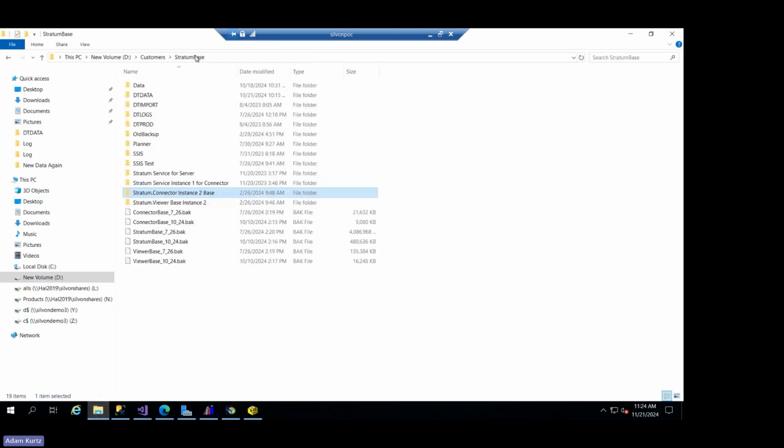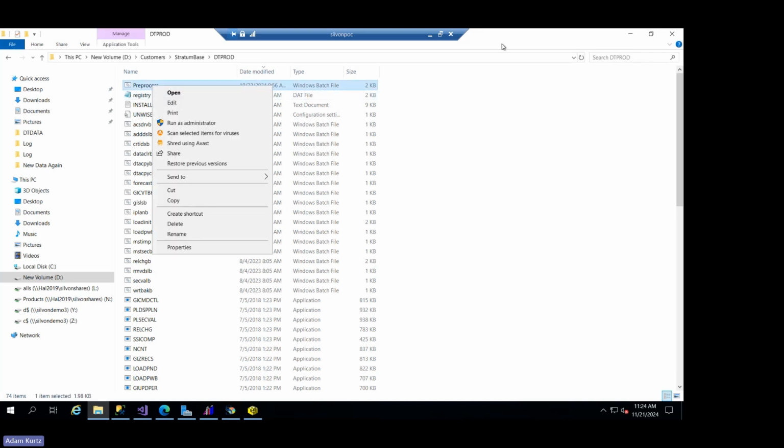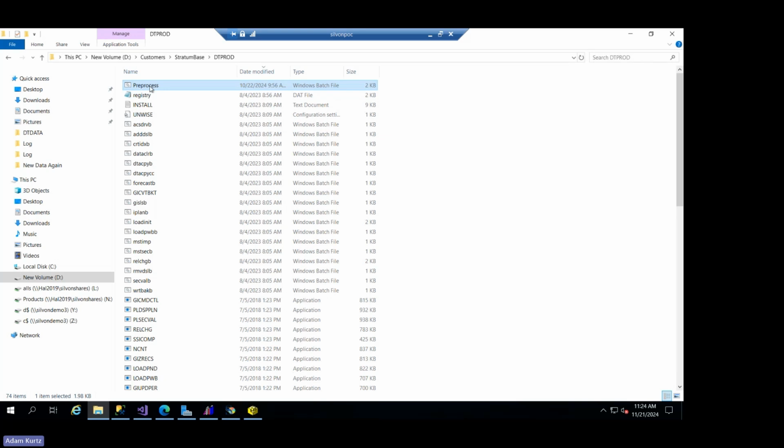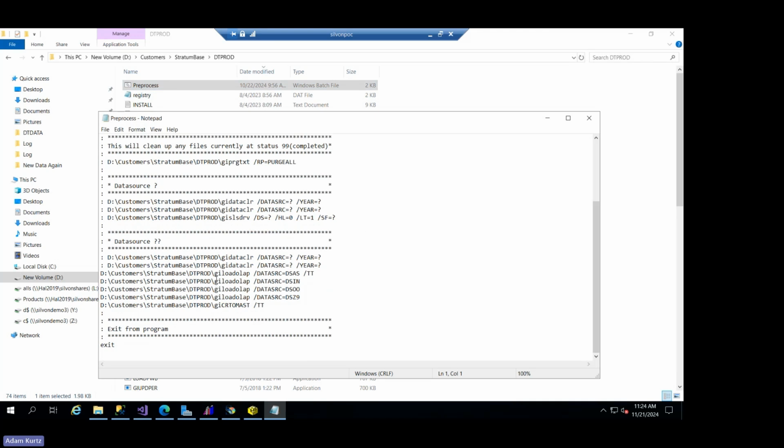One other thing to consider is there's some programs that run on the iSeries or on SQL Server, depending on what platform you're implemented on. But there are programs, for instance, I've got a batch program here called preprocess. If I go into that, we can see that there's these programs that run for my load OLAP and my create OMAST tables. So you want to make sure that